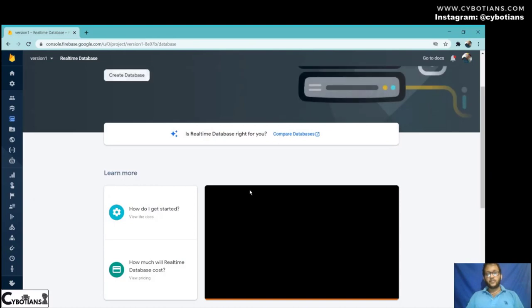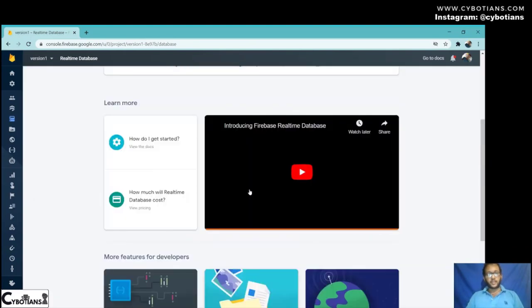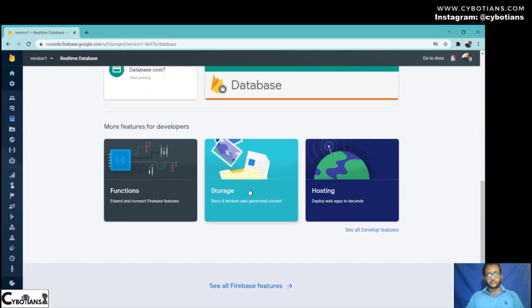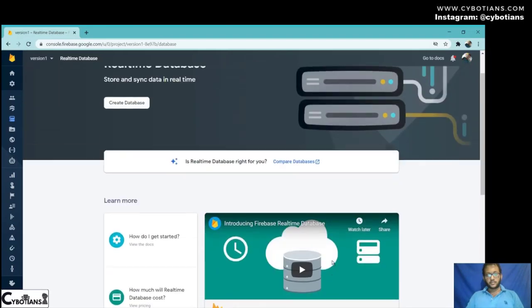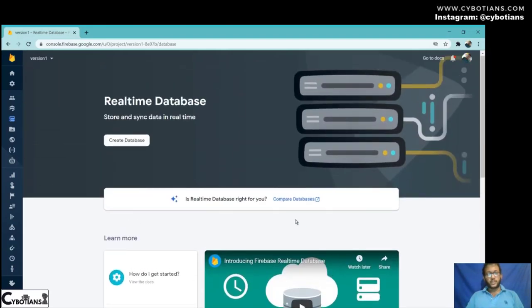Here you will find two types of database. You can create your real-time database here, where your data will be saved in real time. Just click create database.